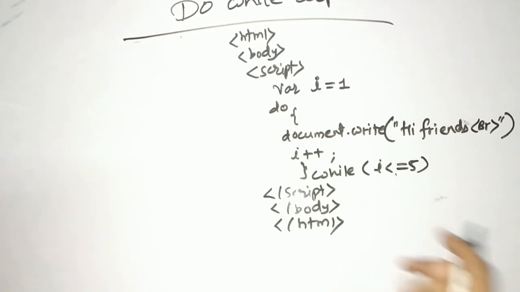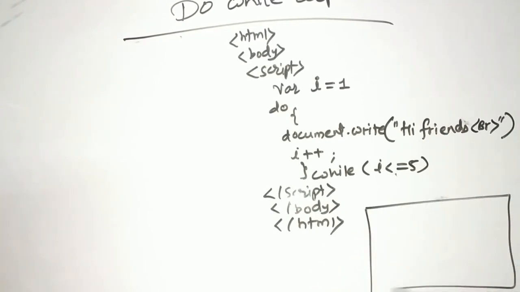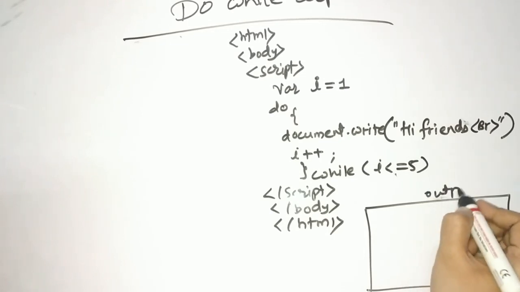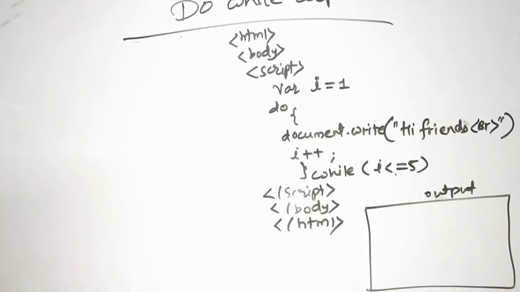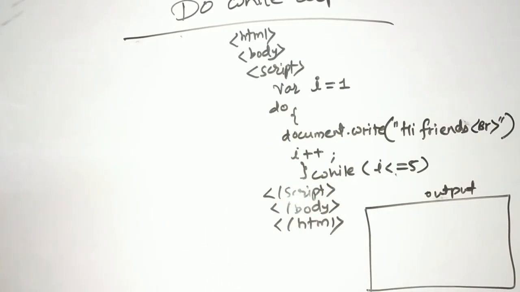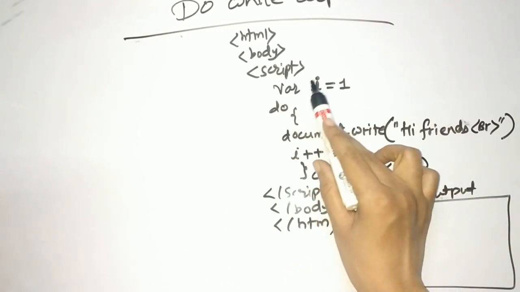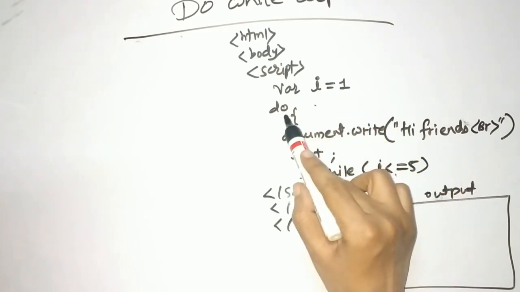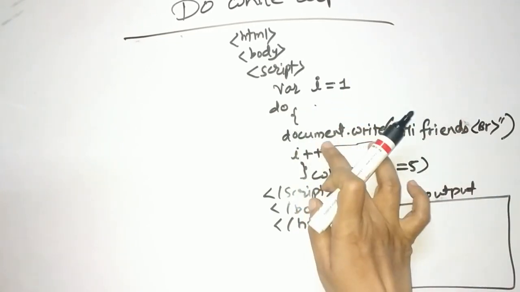So now we'll see the output. So this is the exit control loop. Note that friends, the condition is specified here at the end of the loop, which means irrespective of the condition, even if the condition is false, the control of the program goes inside the loop and executes the first time, and then the same process repeats with the condition being checked. For example, first of all it will come inside the loop, the variable value is 1, and do prints this document.write. So it will print hi friends.